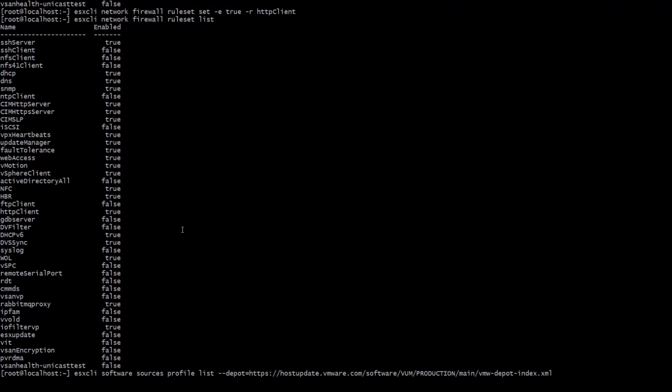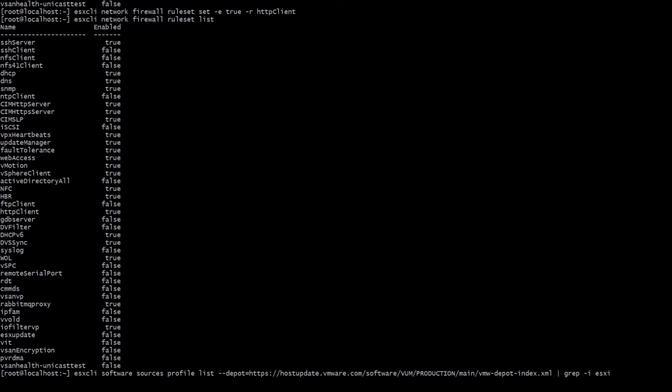The problem is this is going to bring back every single update that there is, and we don't need all of them. Obviously, we just need to be going from anything above update 2 on 6.5, so we don't need anything before that. I've run this a few times before in the past, and for some reason the normal grep doesn't seem to work. It may be just because the ESXi is cut down, even though it looks like it should work. It doesn't when I try to use extended grep versions. So I'm going to use a couple of grep commands now to filter that out a bit. So what we're going to be looking for is ESXi,